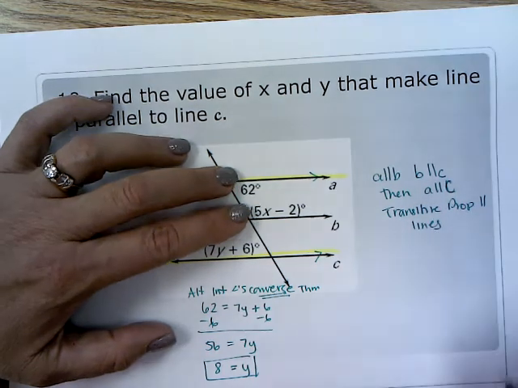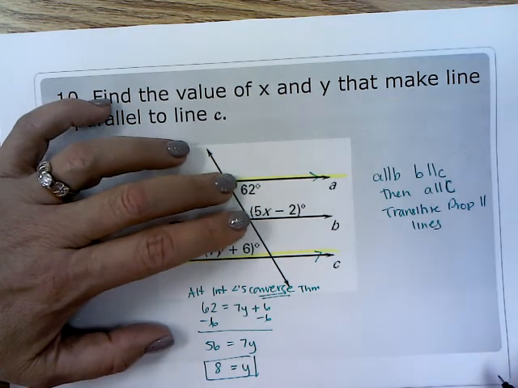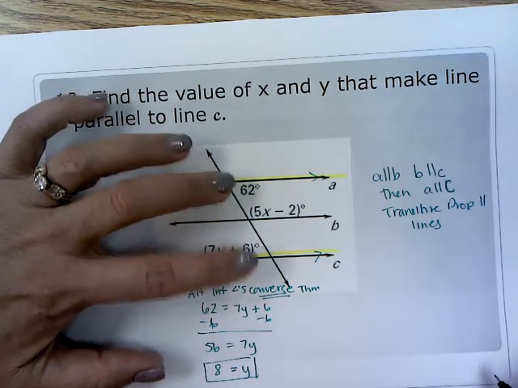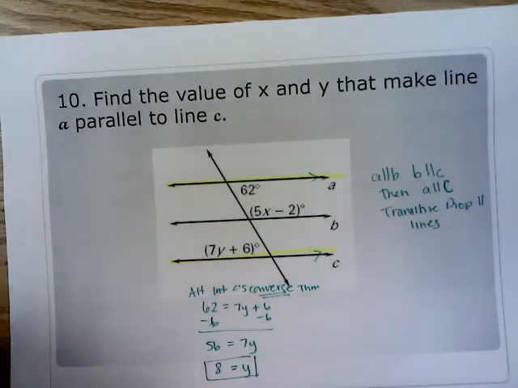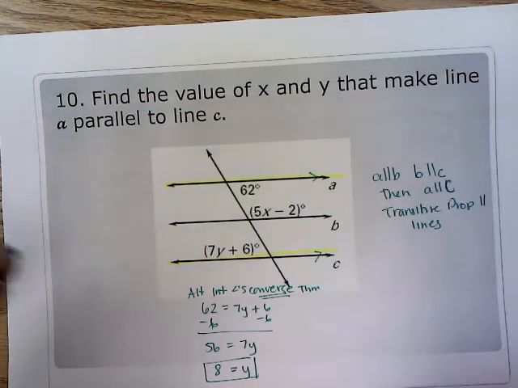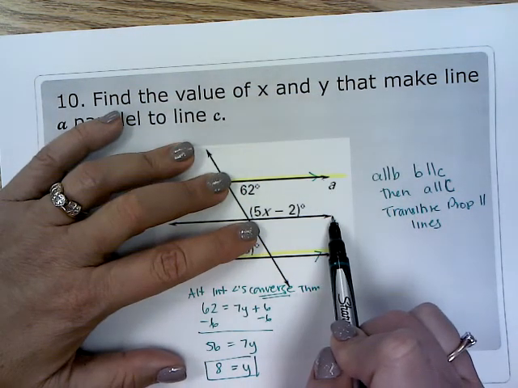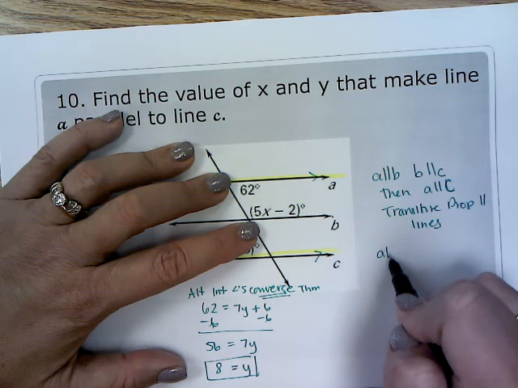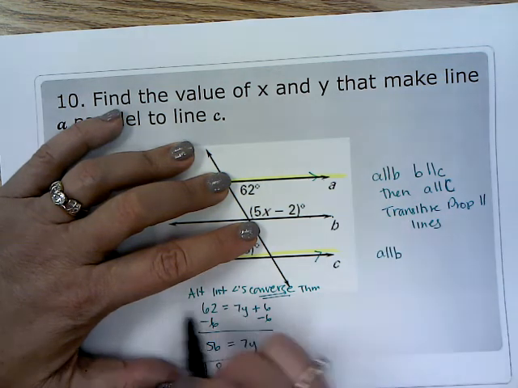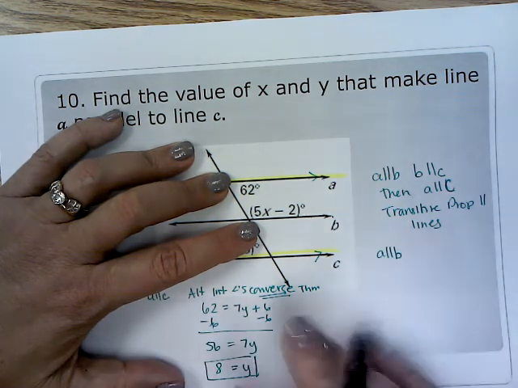You say, but Ms. Singletary, if A is parallel to B, then A is parallel to C, we already know that they're parallel. You're correct, but that's just the reasoning why. So, for A to be parallel to C, just so we know where I'm going here,